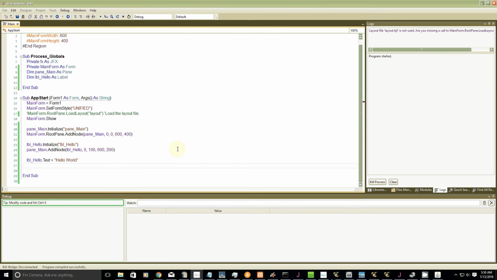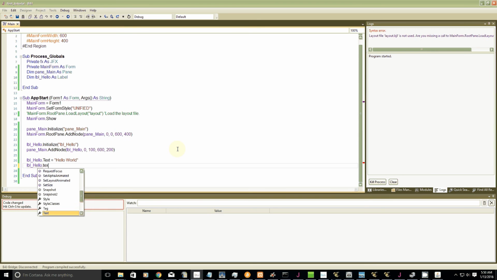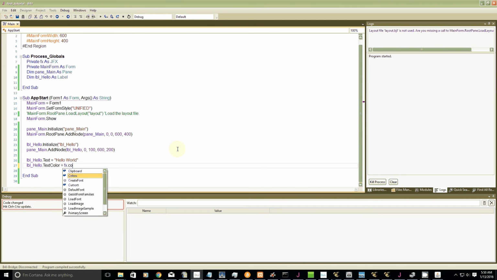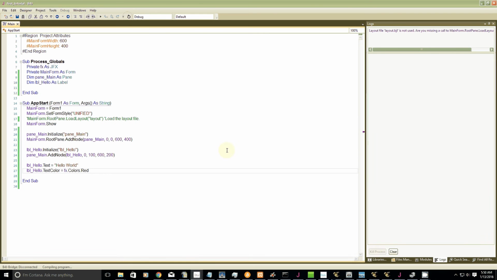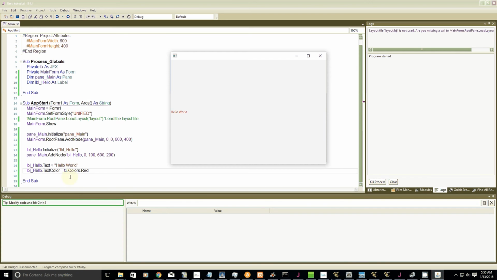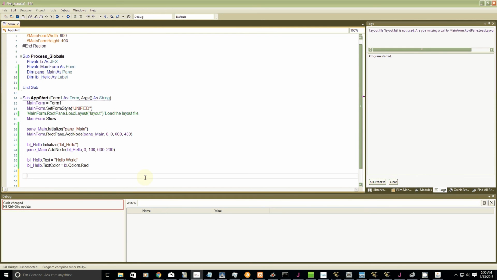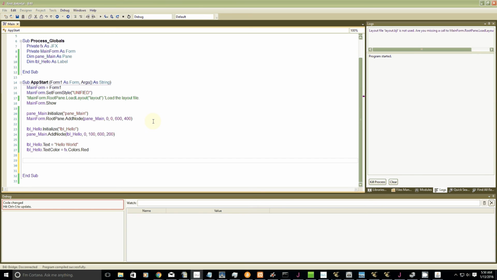So to do it in code, you can actually change the color. Let's see, text color right here, and I can say it's FX colors, and I can make it red, and that should work pretty well. Yeah. But for everything else, I pretty much just use CSS, and to do that, you do a style,